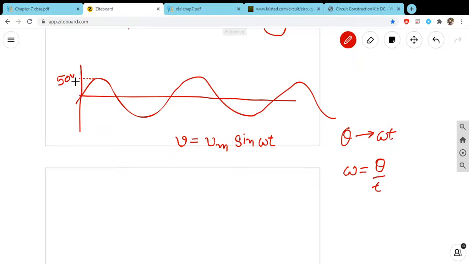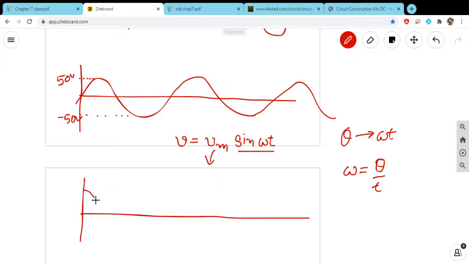The maximum value is 50 volt, and in the lower part, as it changes its polarity, it goes up to minus 50 volt. So what is the maximum value? Simply 50 volt. Okay, and it is sine because it follows the sine wave. Sometimes there will be cos omega t. When it is cos omega t, then your graph will look simply like this, a cos function. So for such a graph it will be Vm cos omega t, and for our graph it is V is equal to Vm sin omega t.